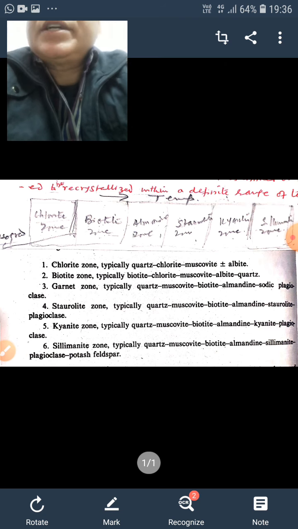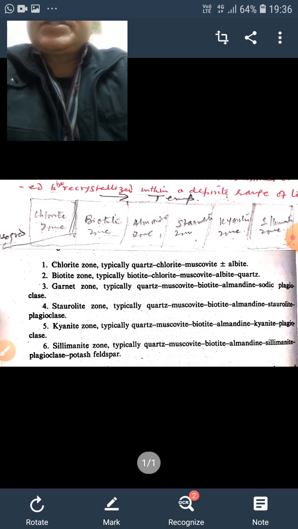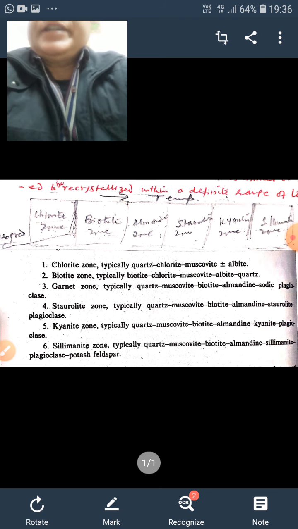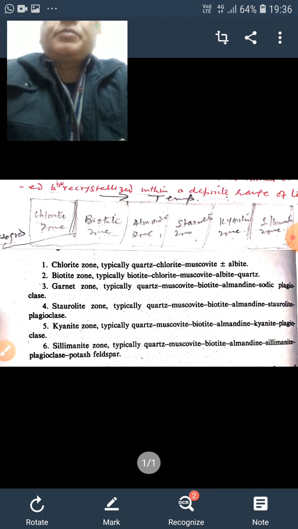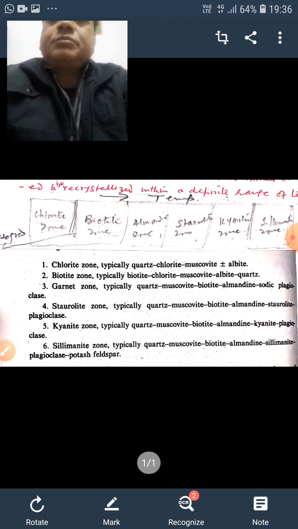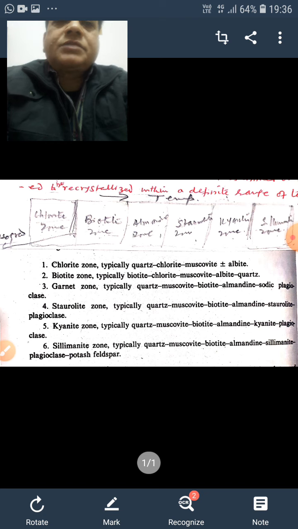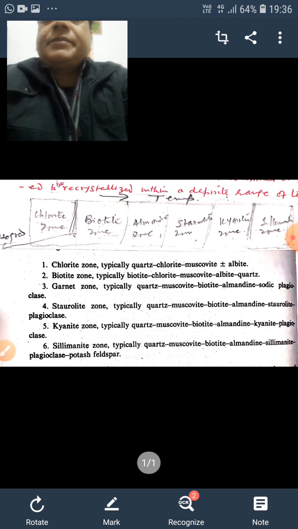Barrow worked from long back, starting in the year 1893. He was the first investigator to show progressive changes of mineralogy in rocks of similar composition on a regional scale. He was the British geologist George Barrow, in 1893. He examined part of the Dalradian series in the Scottish Highlands, southwest of Aberdeen.